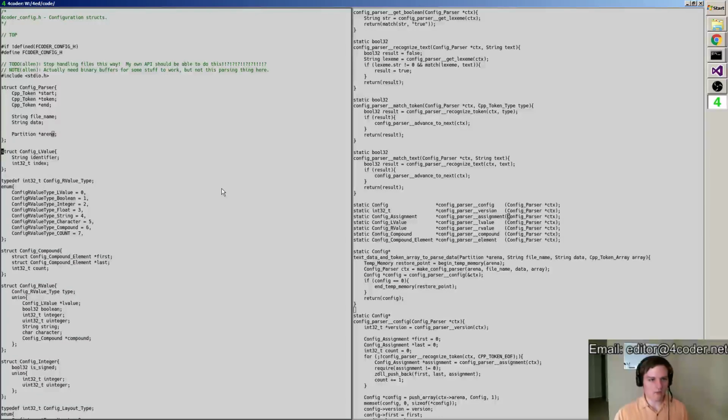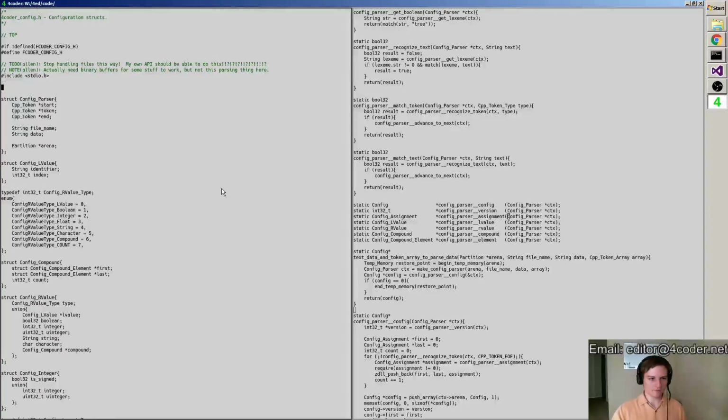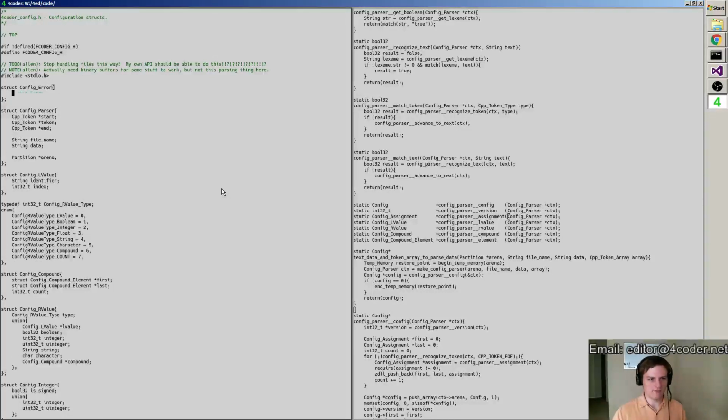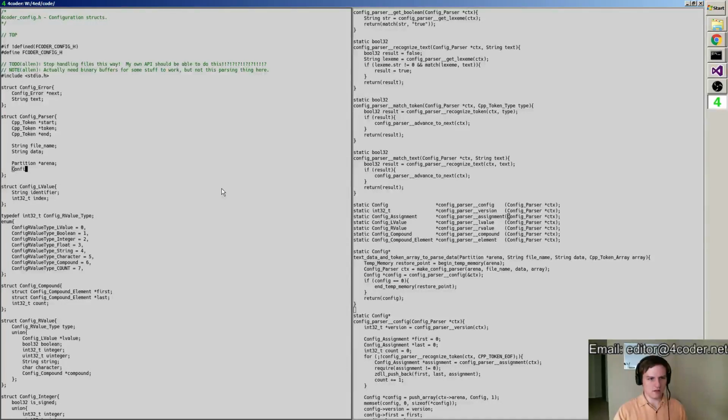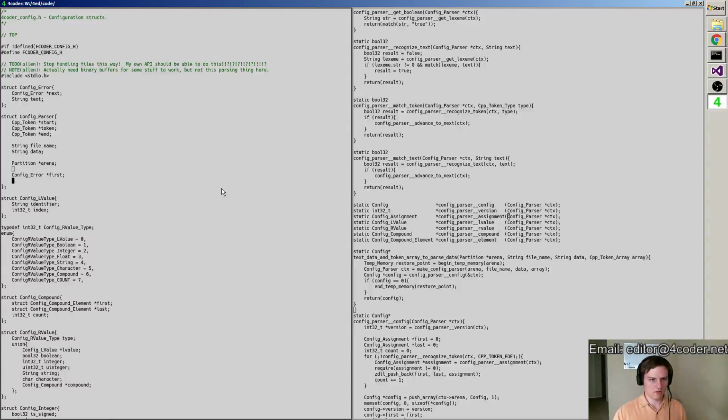So all of the out errors are actually going to go right here in that memory arena, and we just need a node type for them. That can be a singly linked list with like that, and then config error first, error count.